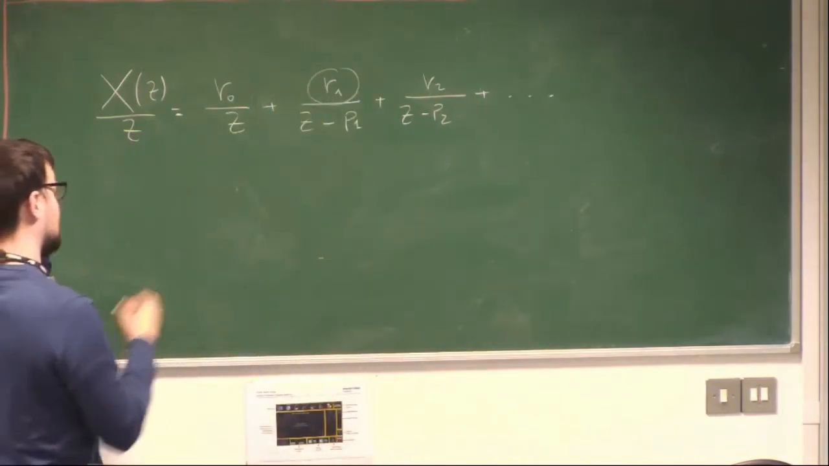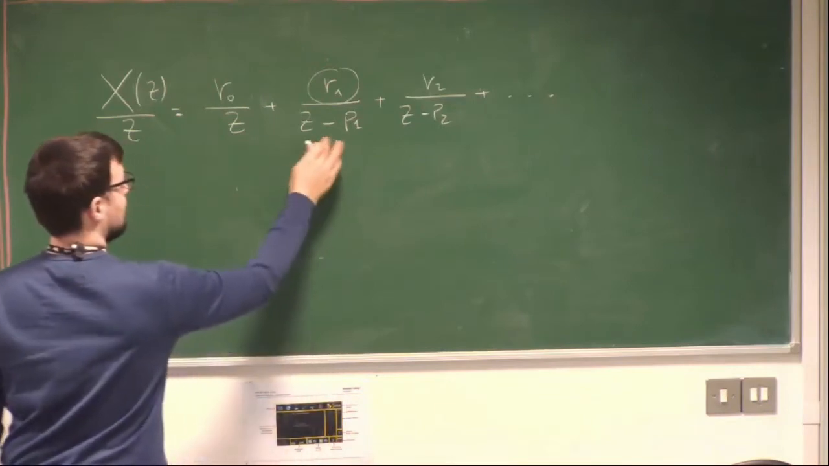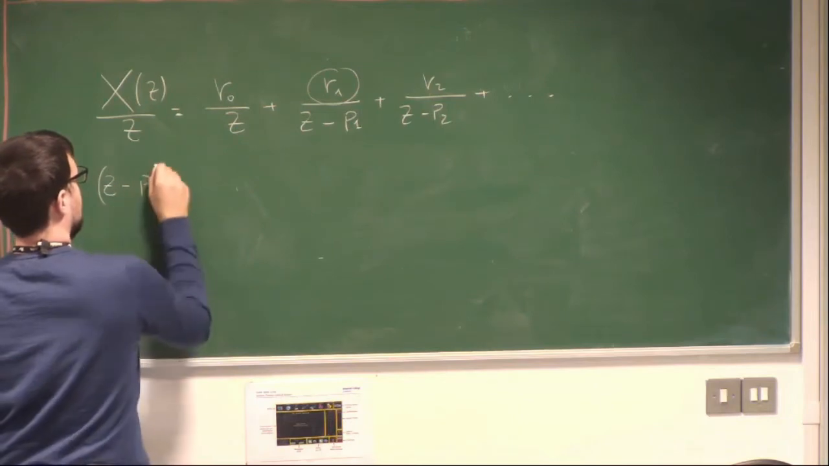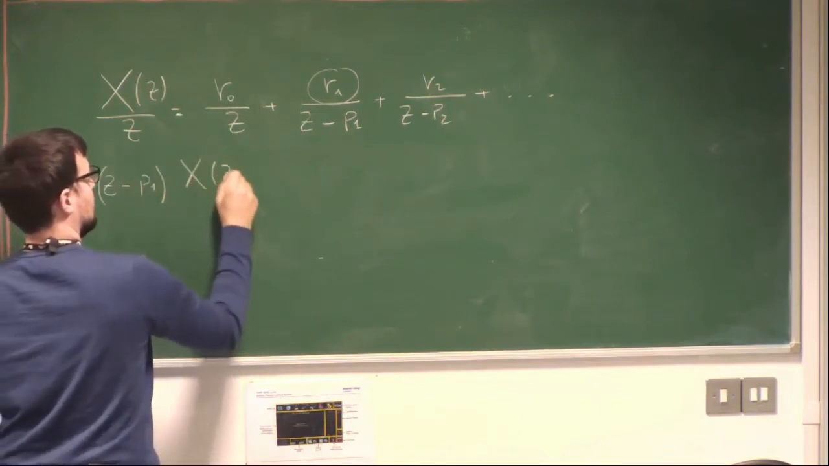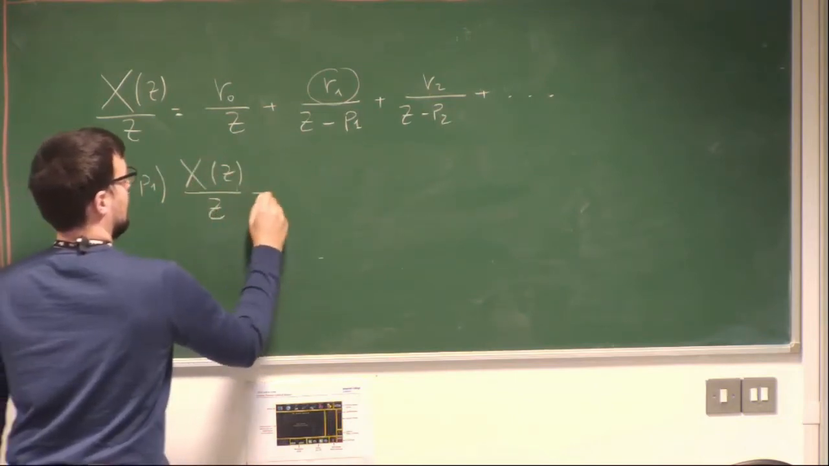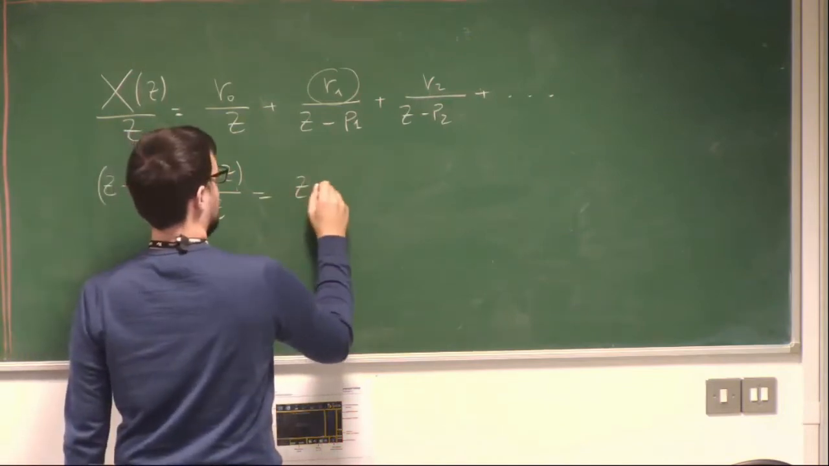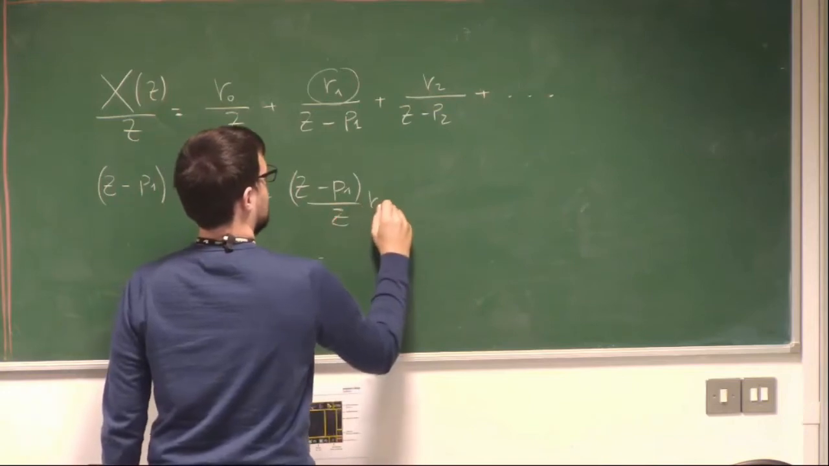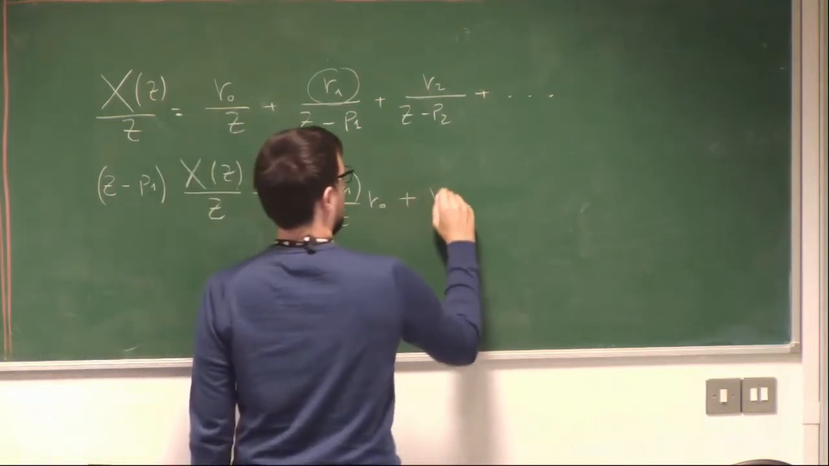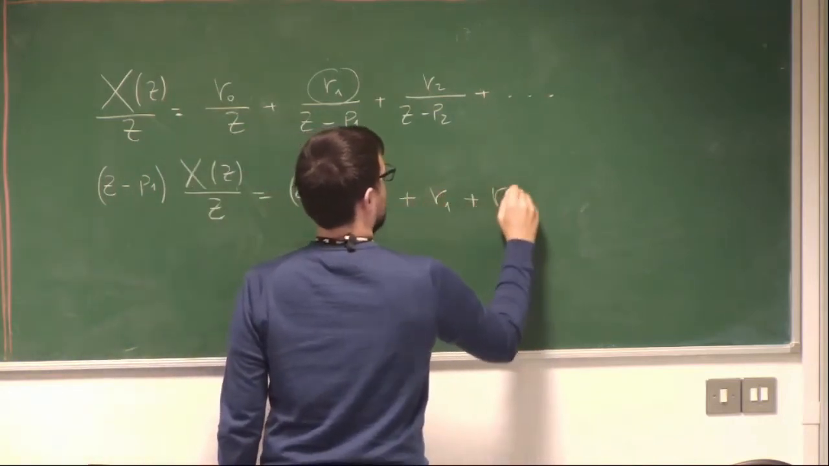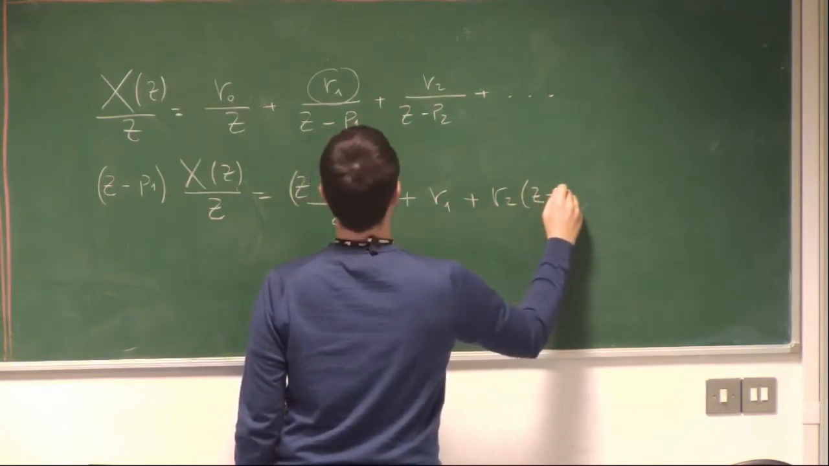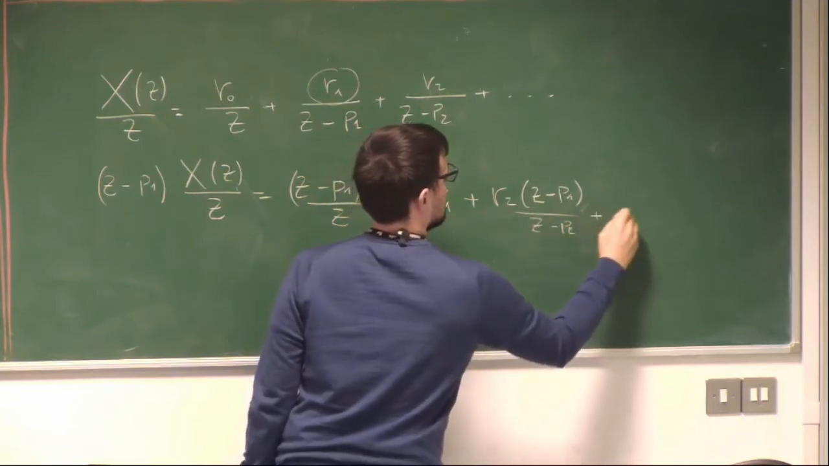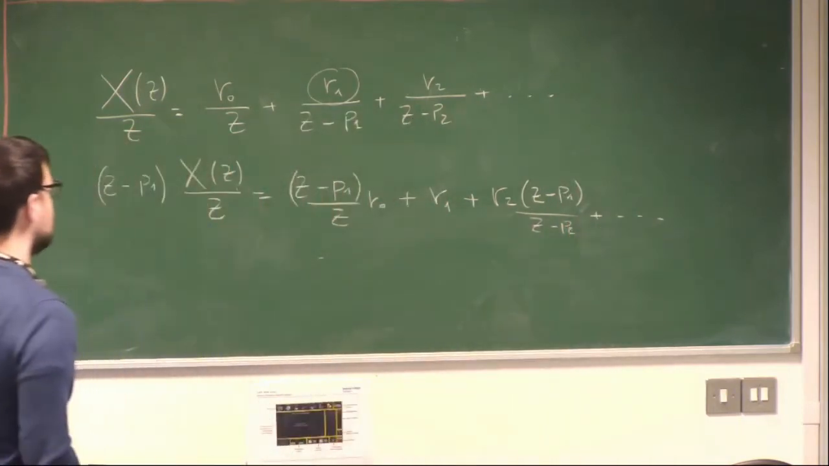We multiply both sides by (z minus p1). So we have (z minus p1) that multiplies X(z) divided by z. And here we have (z minus p1) divided by z times r0, plus r1, plus r2 times (z minus p1) divided by (z minus p2), plus and so on. Okay? Now you see that if